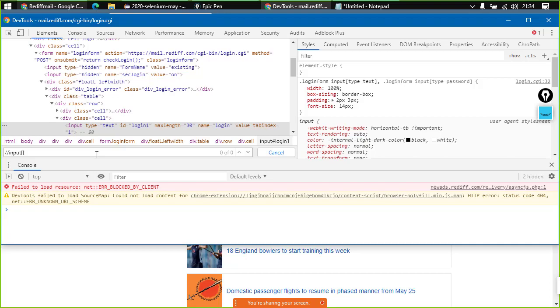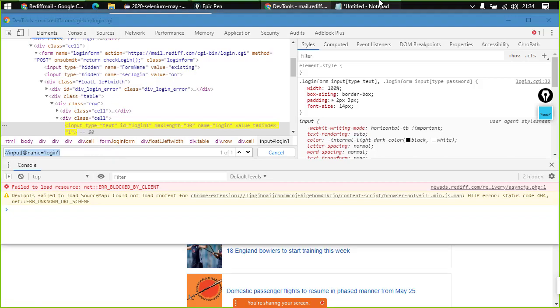Inside square brackets, I would be specifying something @name equals to, now what is the name? Login, right? So login. And as you guys can see that immediately this element got highlighted. So this is the XPath that we have generated just right now, right?